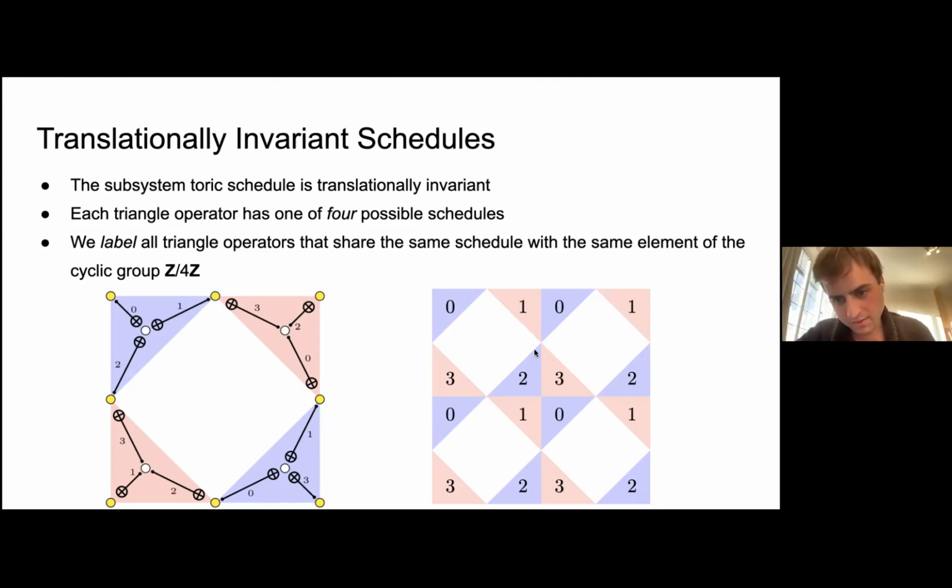All we have to worry about is the neighborhood of this operator, the neighboring gauge operators that it intersects with. These are the only gauge operators for which we have to consider whether the circuit is valid and doesn't interfere with the other gauge operator measurements. Provided we've already verified that our circuit is valid for the subsystem toric code, which you will have done once you've got a valid translation invariant schedule,